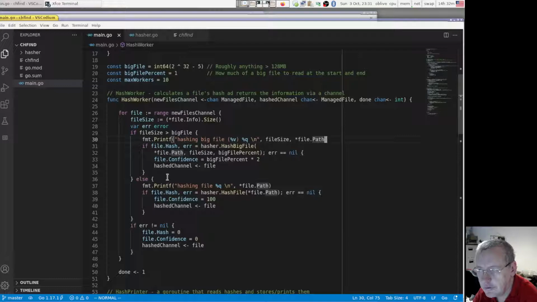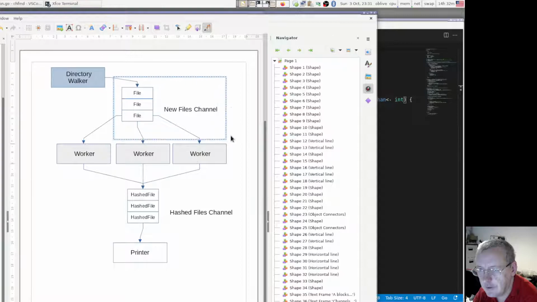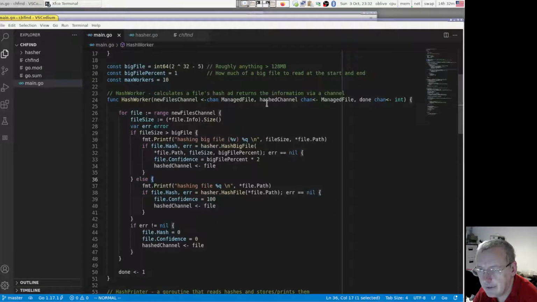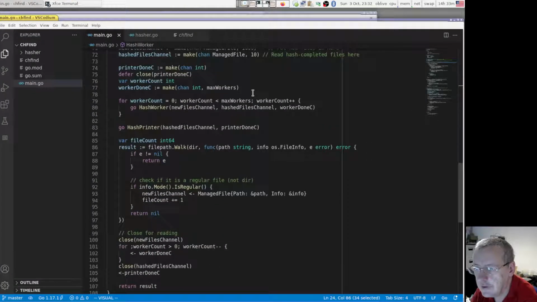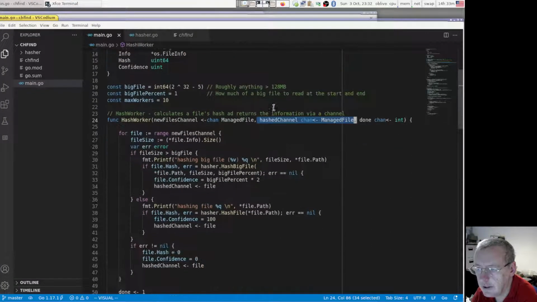Okay, so the hash worker itself needs to have the new files channel that I put in here, and it also has to know where to put its output. So it needs to know about the hashed files channel, where it's going to put the file structure after it's computed the hash. Oops, sorry. To go all the way back up here. And like I've shown you before, there's a little done channel to say when this worker has finished, and essentially it's going to finish when it